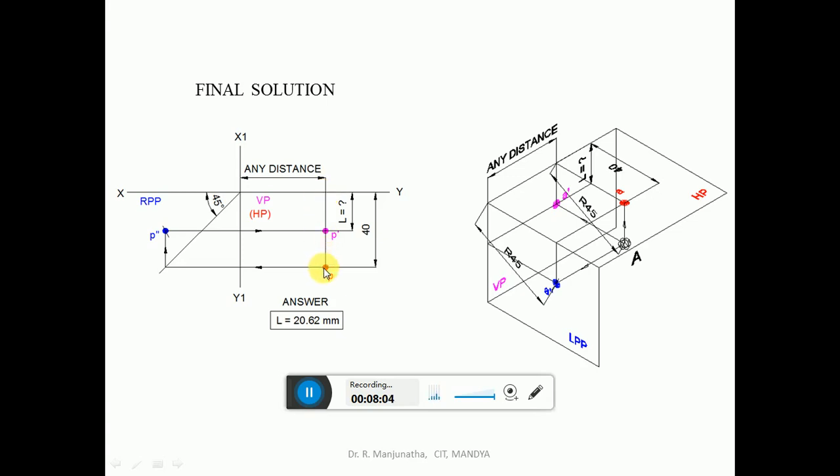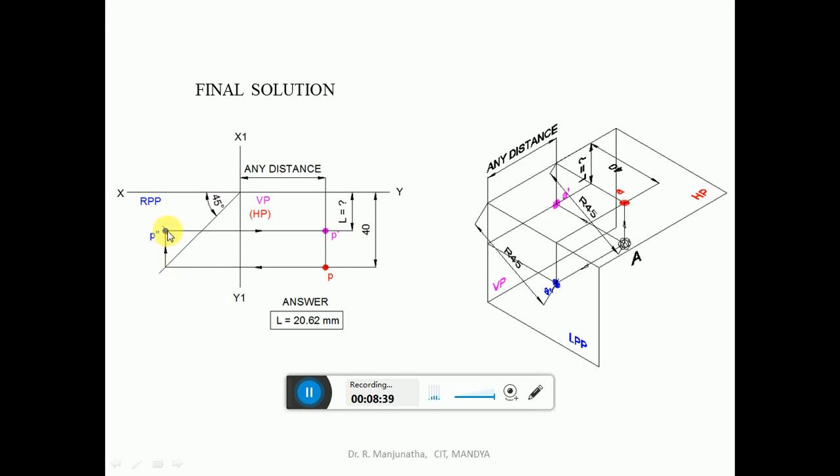So from here you draw a horizontal projector to the 45 degree line, because this is the top view, not the front view. The front view and side view will both be on the same line, but the top view is always projected to the 45 degree line. So from the top view a, draw a horizontal projector onto the 45 degree line, wherein the in front of VP vertical distance has been transferred into the horizontal distance, and then you project upwards here,